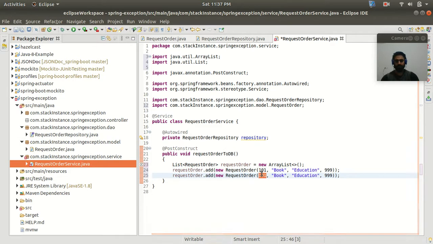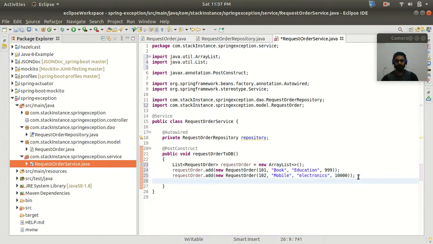Let's make the ID 102, and here I will pass mobile, and this is electronics, and the mobile price is something like 10,000. Right. So here I am adding the two pieces of product information inside my database.